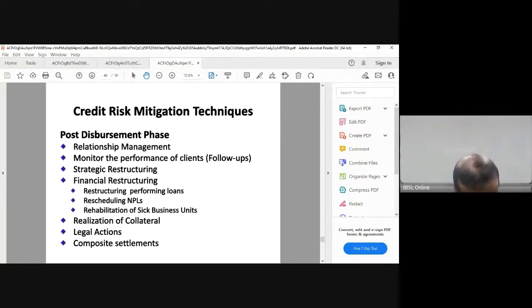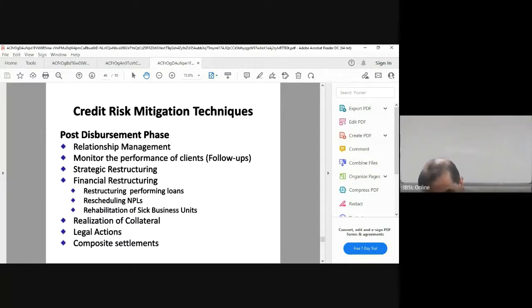The intention of the strategic restructuring is to ensure that there is a consolidated cash flow, an improvement of the cash flow. One, you need cash to repay and settle the debts which are overdue right now, and also you need cash to expand the operations. So for strategic restructuring, the ideal focus has to be to improve the cash flows. And the financial restructuring has to happen from the bank or financial institution side. As you know, you can restructure the loans, you can reschedule the loans, and the newest initiative is rehabilitation.